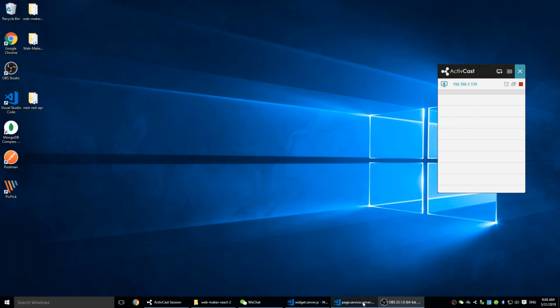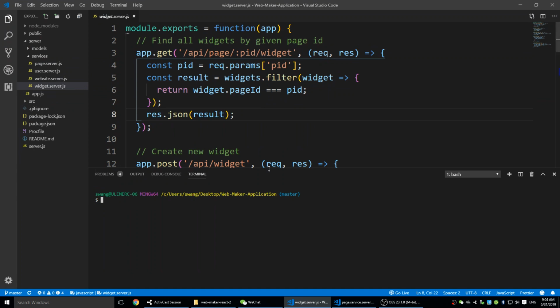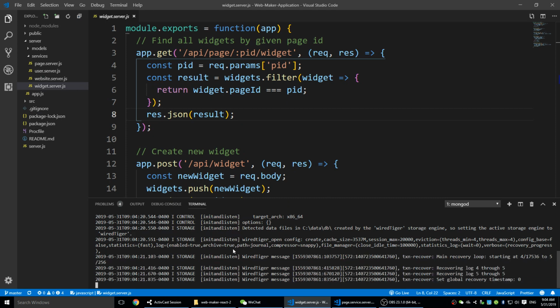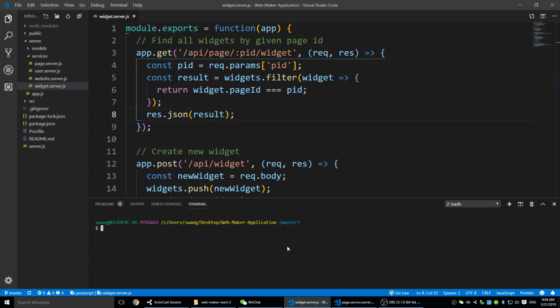Right, here I have my application open. Let me make it bigger. So we'll start by running mongod to run the Mongo database and host it on port 27017. It says waiting for connections. That's good. So just leave that open and open a new terminal to run the server side and the client